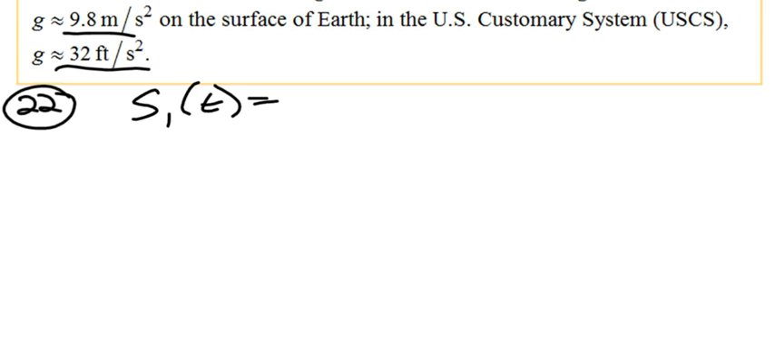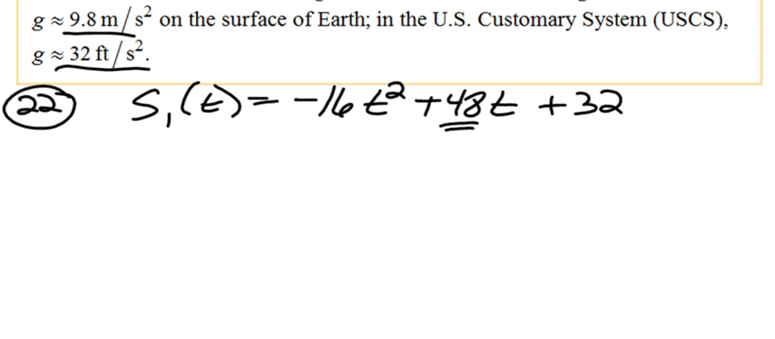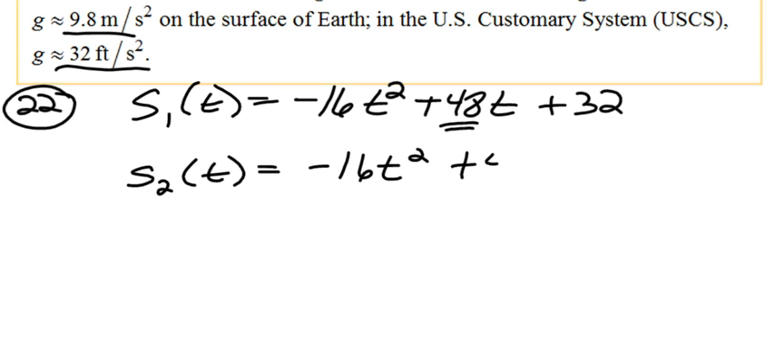This is going to be for the bridge, and its position function is -16t squared plus 48t, because that's our initial velocity, plus the height of 32 feet. The second one from the ground is given this position function, -16t squared plus 48t as an initial velocity. So from here, they want to know in the book,